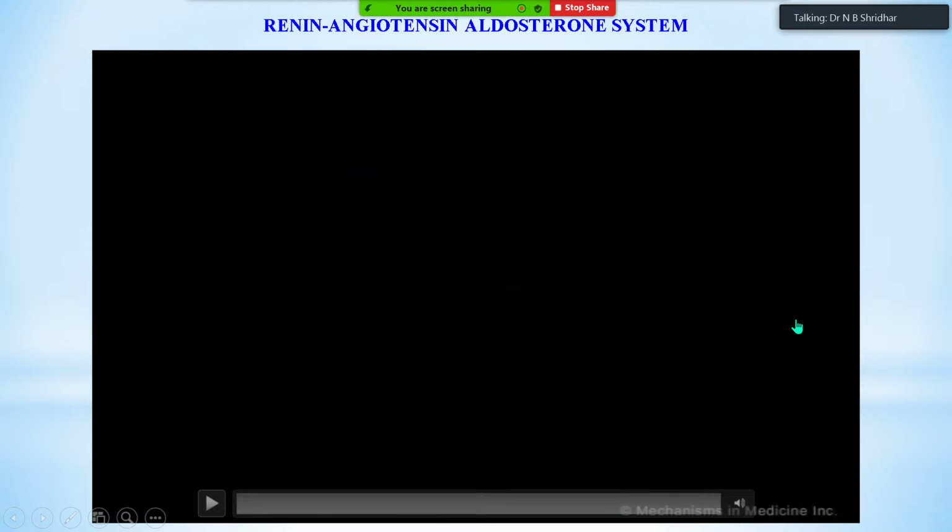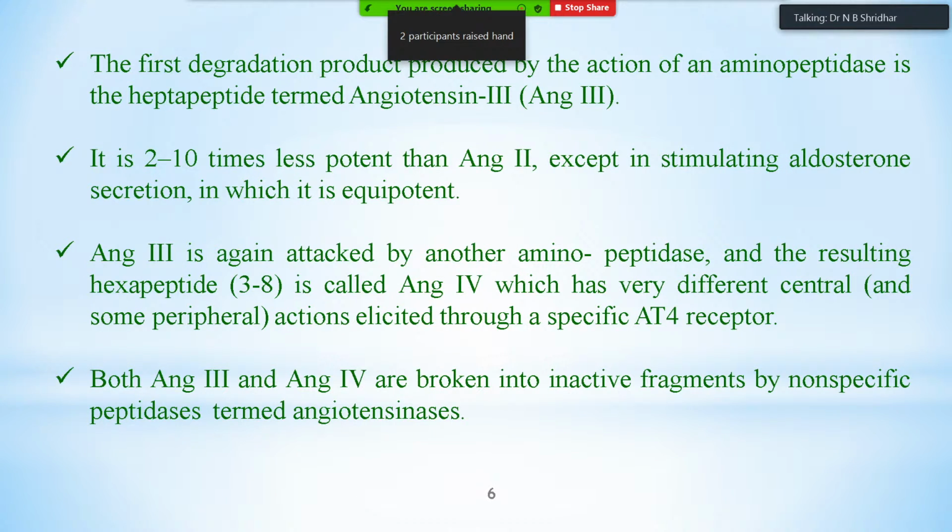Angiotensin 4 has very different central and peripheral actions, elicited through the specific AT4 type of